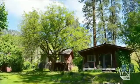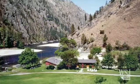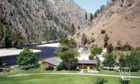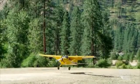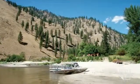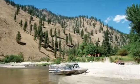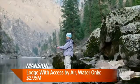Also has some commercial business going on in the off season. Owned by a professional pilot, so you know that he's got it all set up for that kind of stuff. He has a single-engine plane that can be landed on a landing strip there. There is a helicopter pad and jet boats that you can ride in. But outside of those 3 modes of transportation, you either have horseback or it's going to take you a 5-day